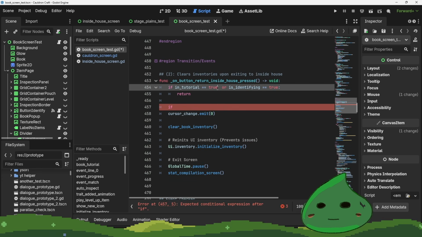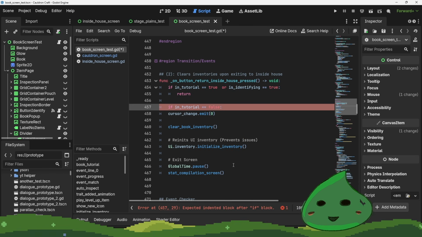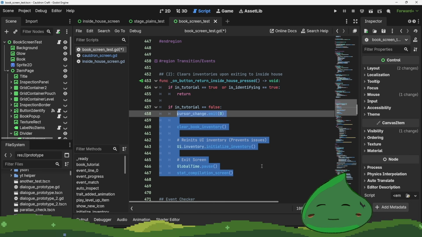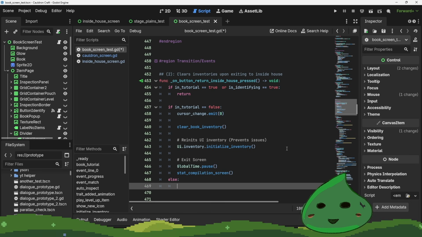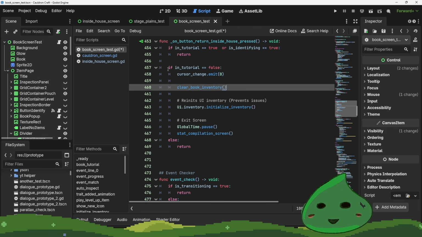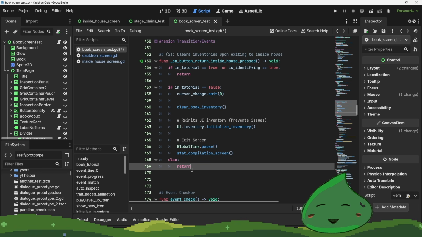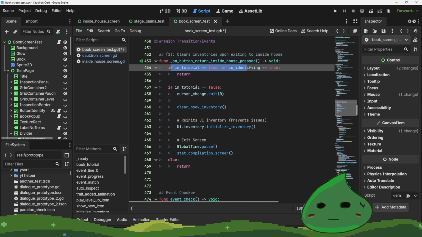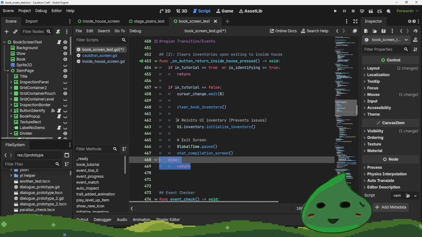if in tutorial equals false, right? And you might lift this up by one tab. And then you might go like, hey, else return. So instead of making your code a little bit harder to understand, you can section out the return at the very start. Check for the condition where it fails, immediately return at the start, and by doing so, you're going